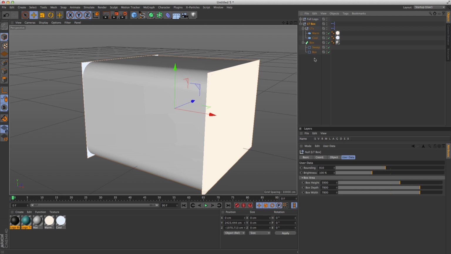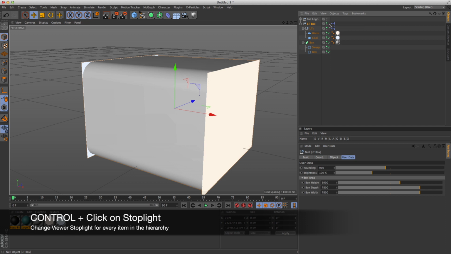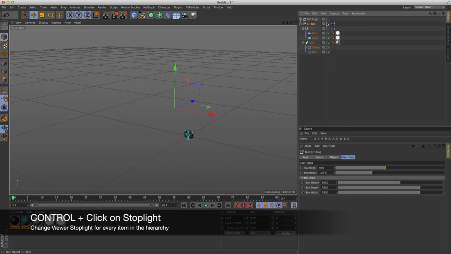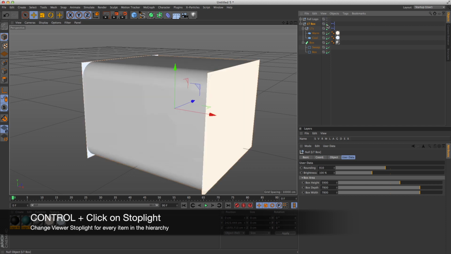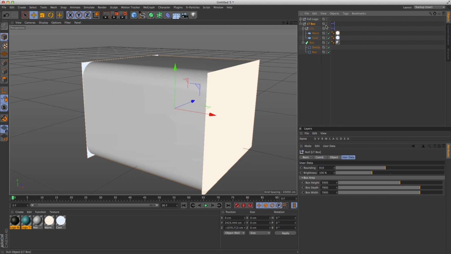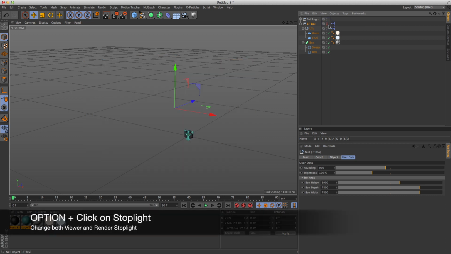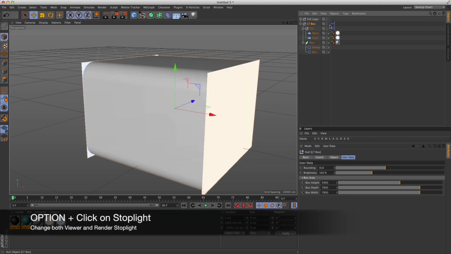And while I'm at it, I'll show you a couple other keyboard shortcuts for the stoplights. Holding down Control will turn everything off in that hierarchy, or at least for the view. You know, it'll do the viewpoint. And similarly, if you did the renderer as well, it'll just do that single one. And Option will actually turn off both the view and renderer, and Option and Control will turn off everything in